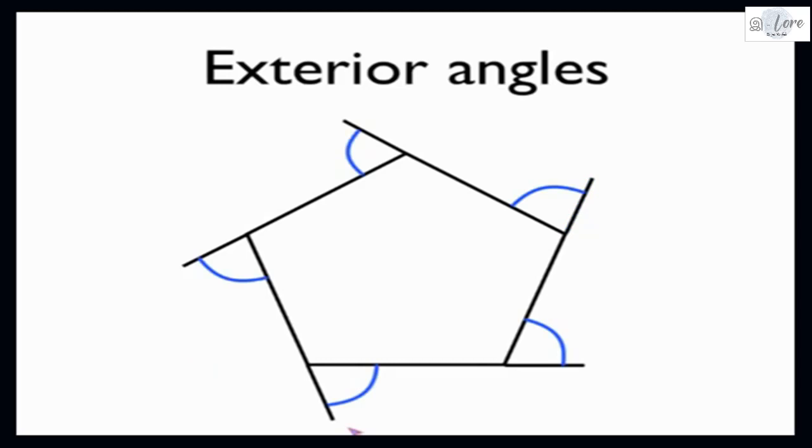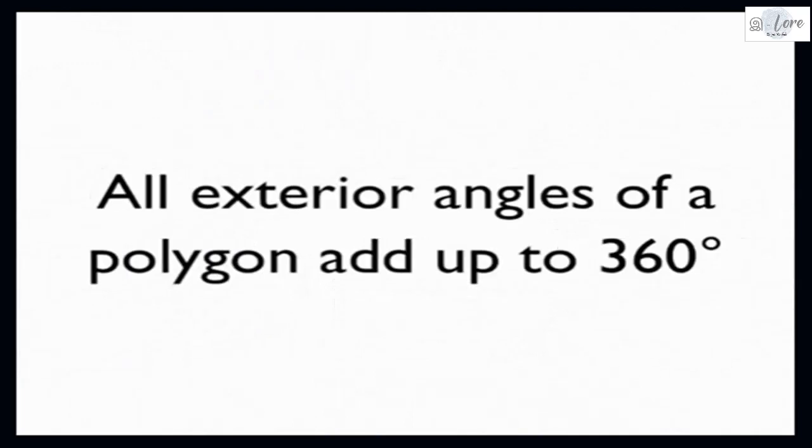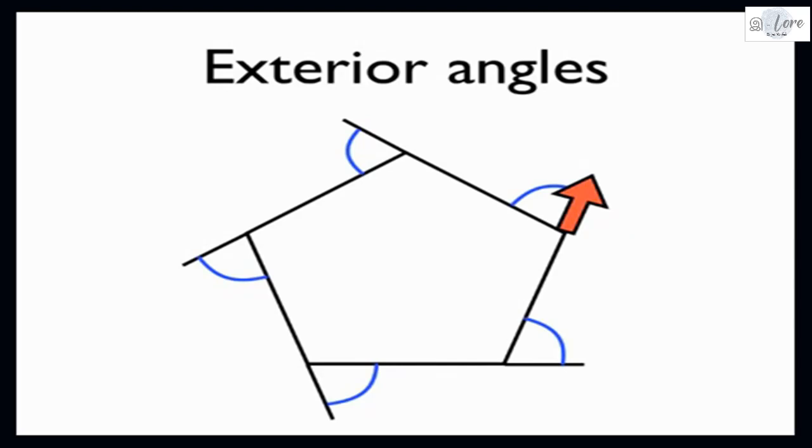Okay, then what about the angle sum property of exterior angles? Do you have any idea about it? Yes. All exterior angles of a polygon add up to 360 degrees. We know that if you add the exterior angles of any polygon, the result will be 360. At the end of the session, we are going to give an activity that will explain the concept clearly. Now this line is extended, so 1, 2, 3, 4, 5 exterior angles are represented